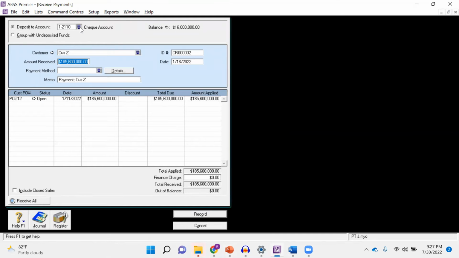We receive on the check account here, for example, and then the amount received is 80 million rupiah. And also don't forget to adjust the date, it's 16. Alright, click here and then done. Don't forget to make sure that out of balance supposed to be 0. Recorded.